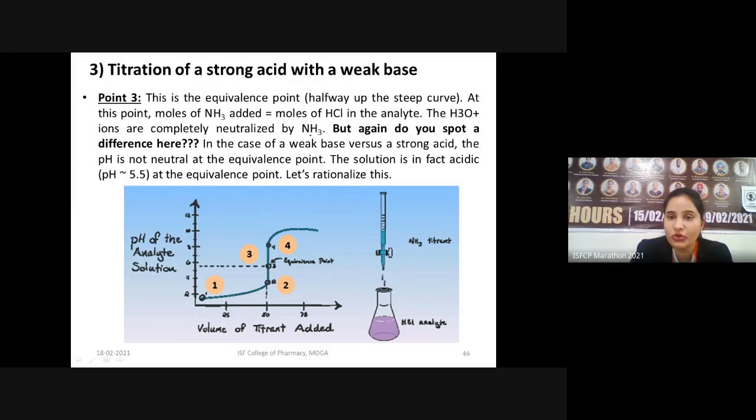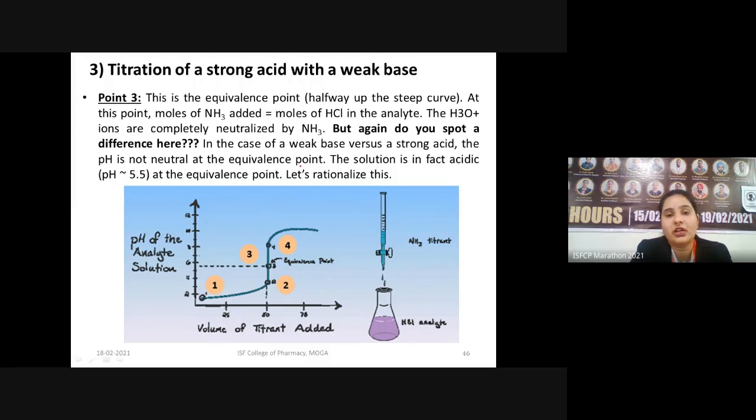But again, what is the difference? Since the graph is exactly the same as that of strong acid and strong base, what is the difference of the titration of a strong acid with a weak base compared to the previous two titrations? The difference is, in the case of weak base versus strong acid titration,